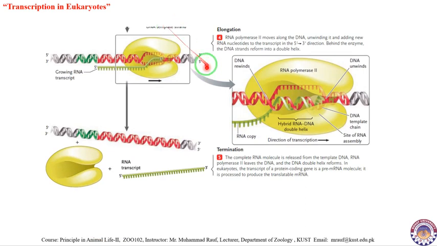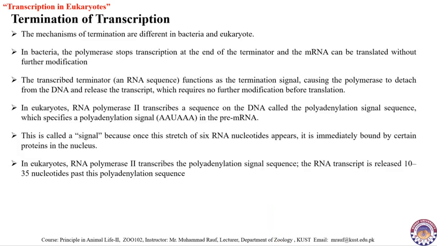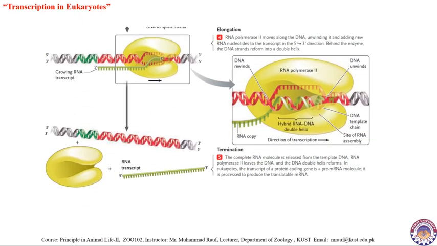This is an illustration from a book. The RNA polymerase is moving in the forward direction until it encounters a specific sequence, the polyadenylation signal, where the process of transcription will terminate. And in the polyadenylation signal, there are many